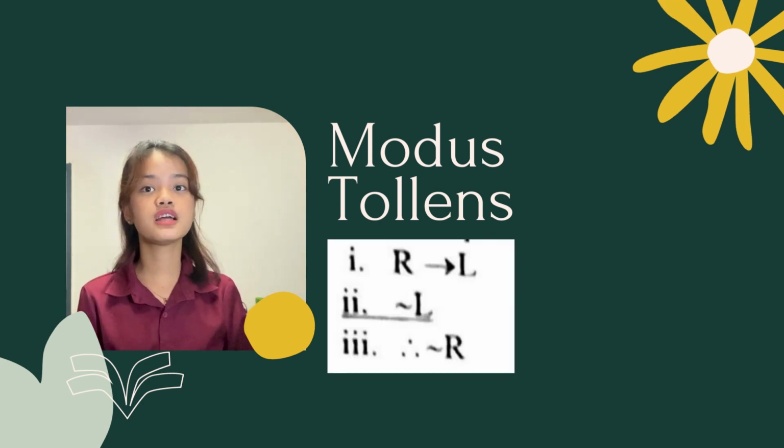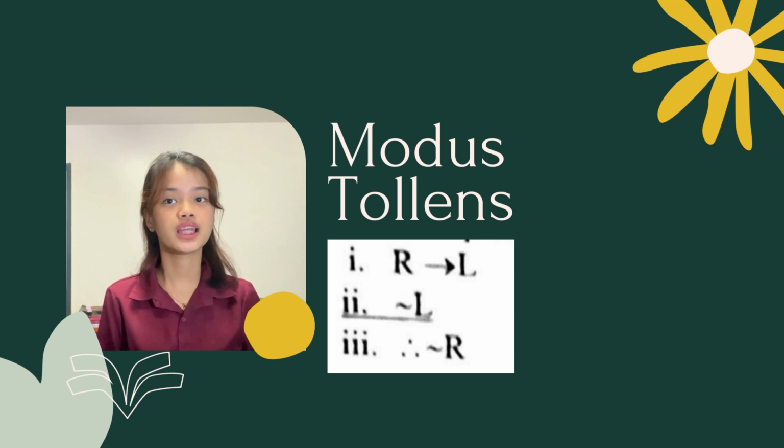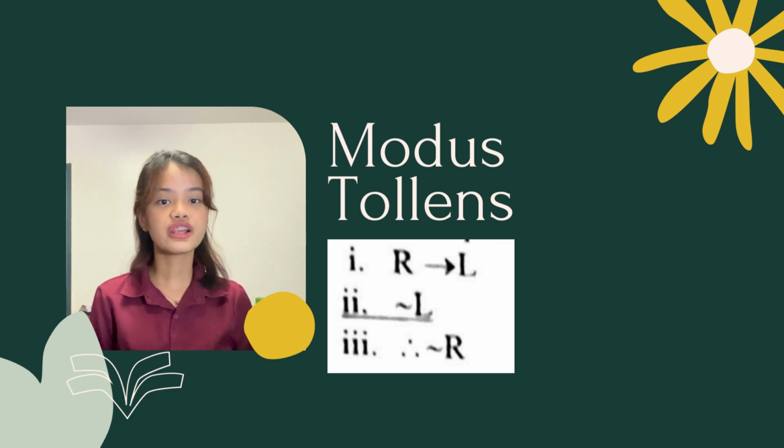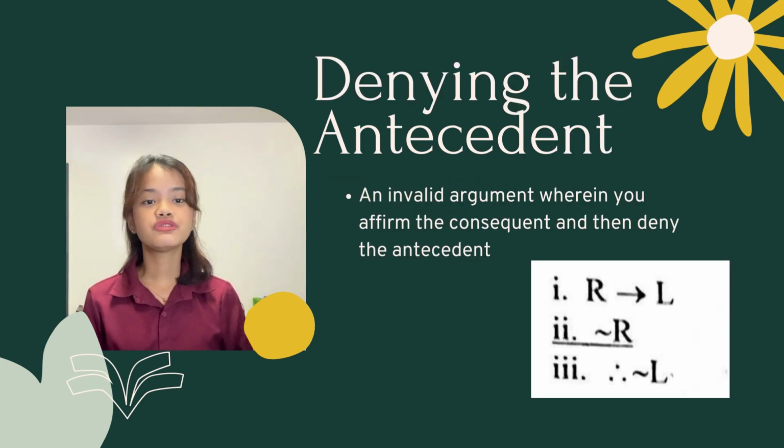The structure of this deductive argument is: first, if R, then L. Second, not L. And for the conclusion, therefore, not R. We deny the antecedent and the consequent since na-mention sa second and third statement na not L and therefore not R. Moving on, when you affirm the consequent and then deny the antecedent, we are creating an invalid argument form